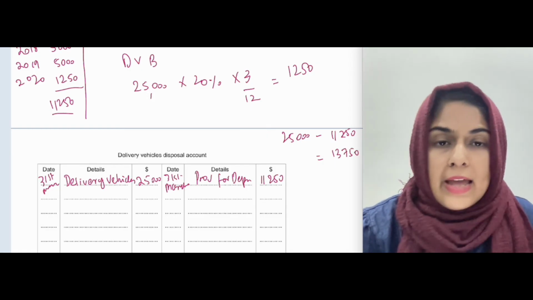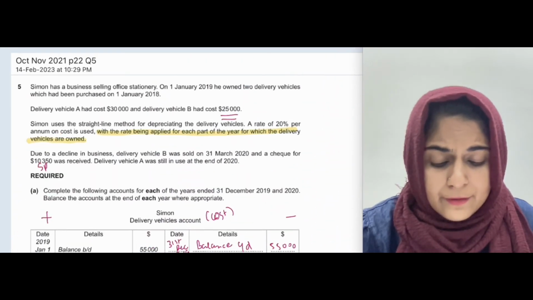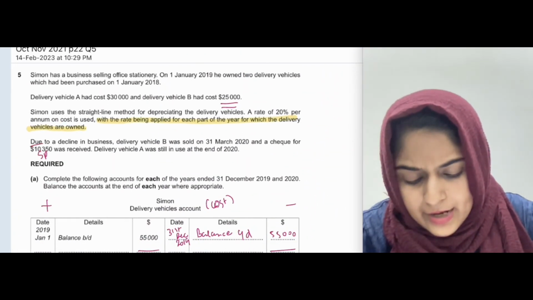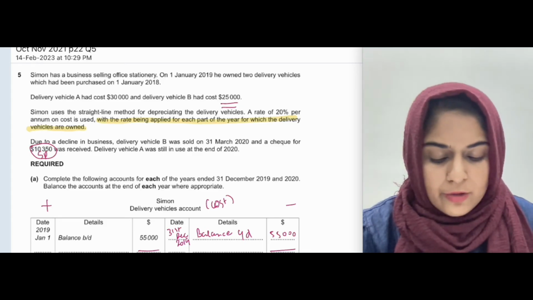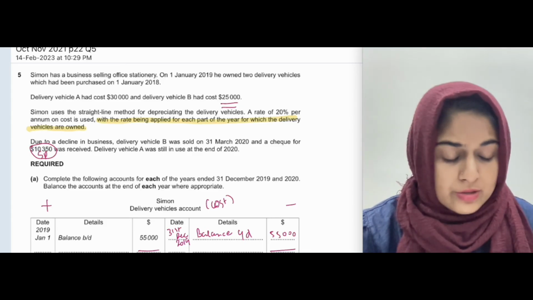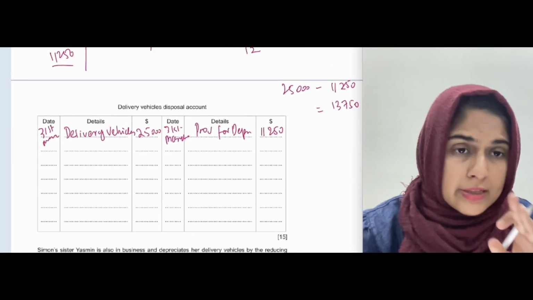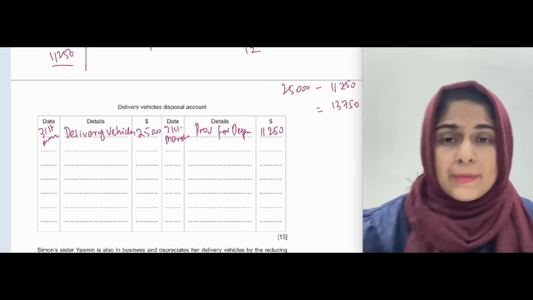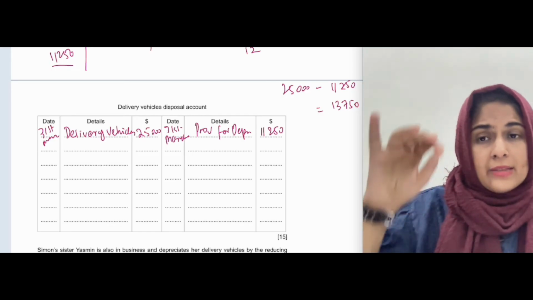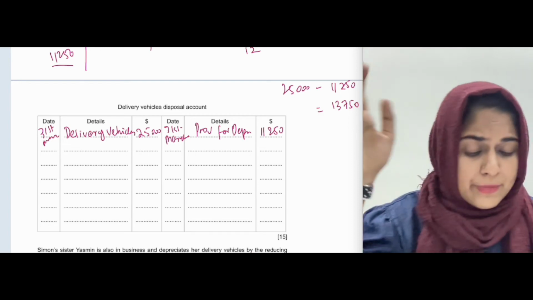ठीक है, and then 13,750 is our net book value. But if you notice here, the selling price of that non-current asset was 10,350. तो इसका मतलब हमने एस्टिमेट किया था कि हमें non-current asset के 13,750 मिलने चाहिए थे, but हमें 10,350 मिले. And if you notice, delivery vehicles 25,000 डेबिट साइड पे लिख दिया आपने, प्रोविजन फॉर डेप्रिसिएशन आपने क्रेडिट साइड पे